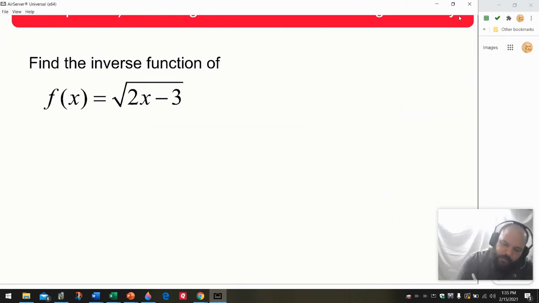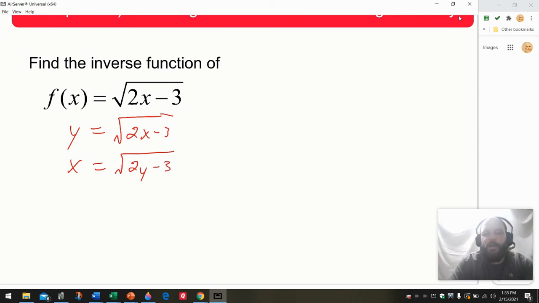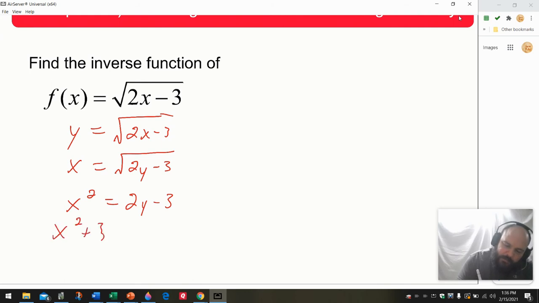So we're going to go ahead, write y equals the square root of 2x minus 3. I am going to switch the x and the y's, so we have x equals the square root of 2y minus 3. Now, in order to get rid of that square root, you're going to need to square both sides. So when I do that, I end up with x squared is 2y minus 3. I'm going to add 3 to both sides. So I get x squared plus 3